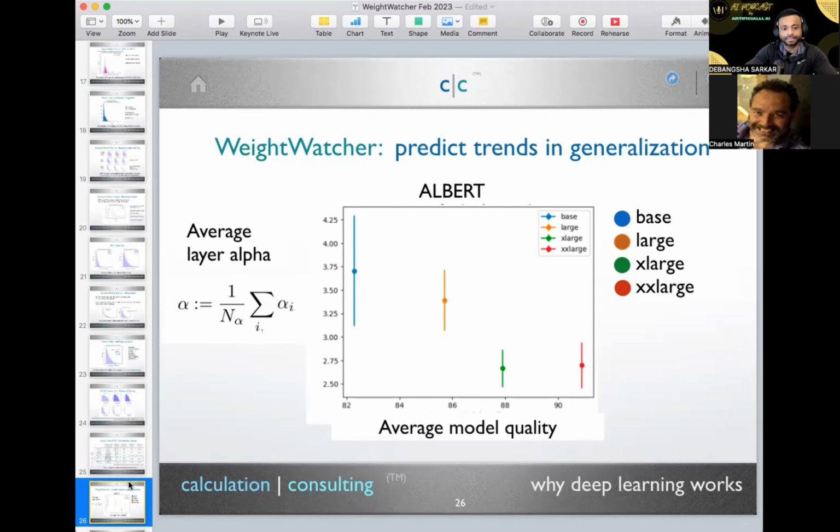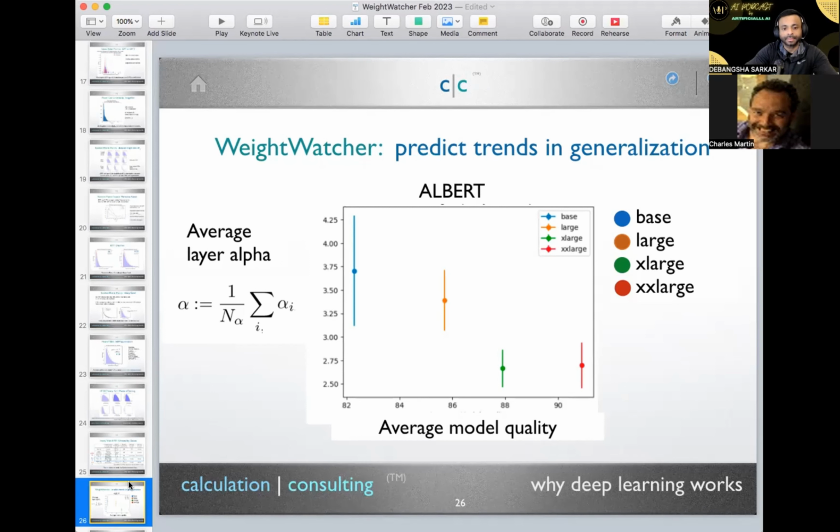Let's compute, we're going to just invent a quality metric. Okay. Let's say I have a model, Albert. Do you know Albert? Yes. Albert is a great model. I discovered that one of the guys on our Discord channel suggested this to me. Albert is like BERT, but it only has like 10 layers, plus an embedding. It's like 9 or 10 layers. I think it's 11 layers. 2 of them are embedding layers.